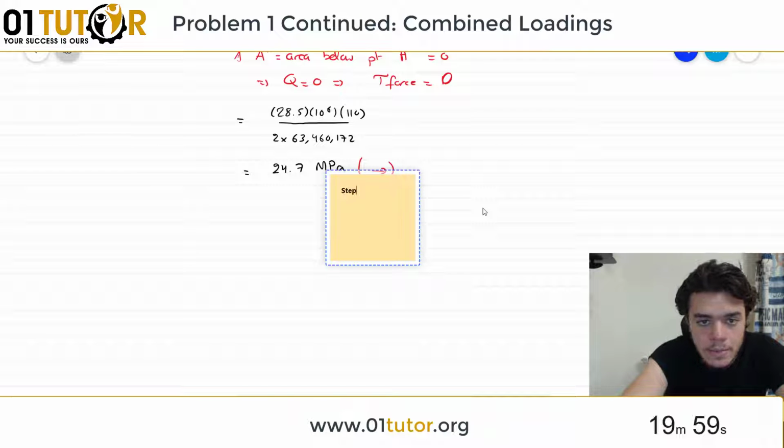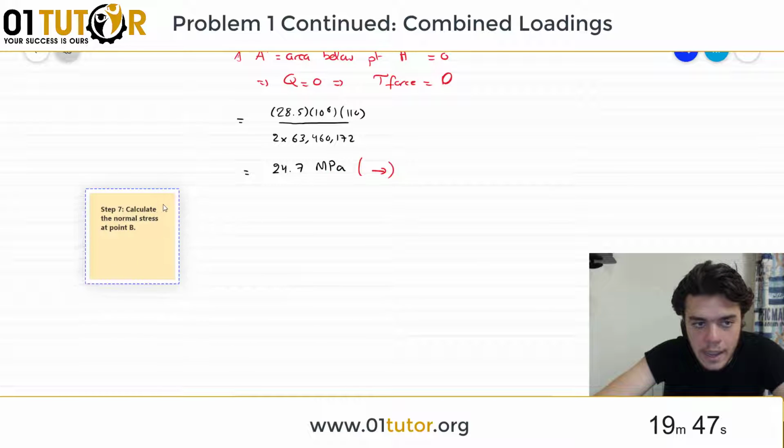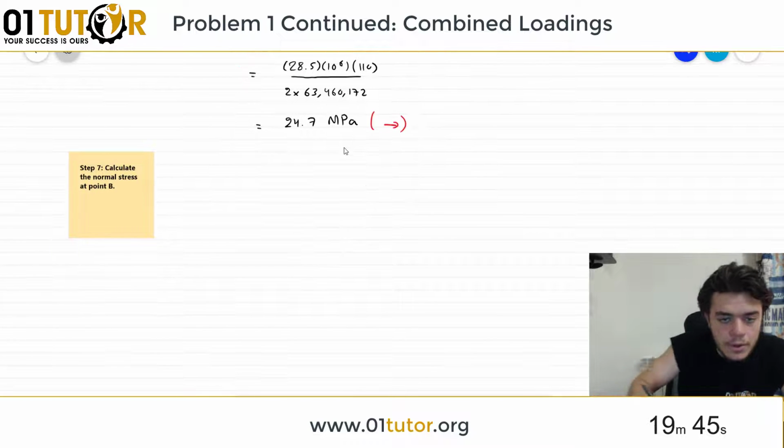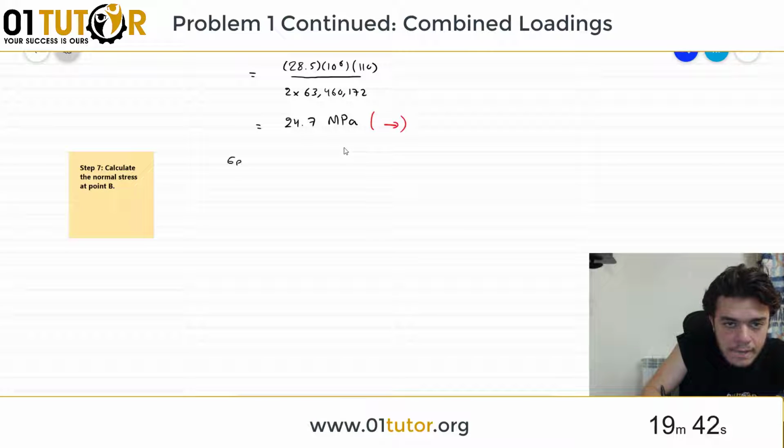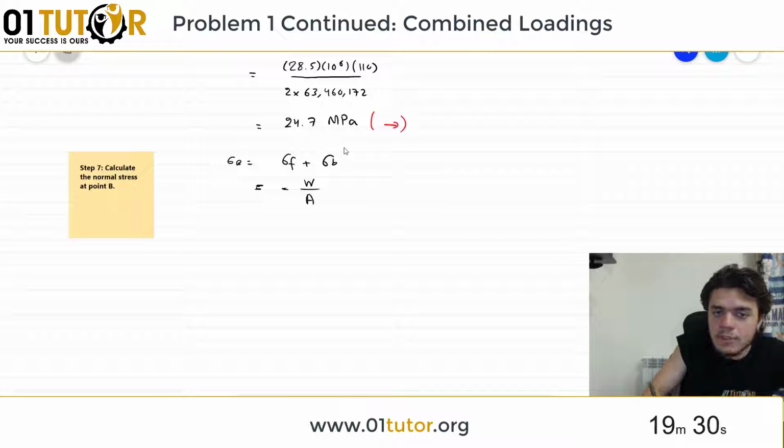Now it's very important, there is something new in this exercise. Okay, so step 7, calculate the normal stress at point B. In step 8, you're going to have something new. So sigma at B again is sigma force plus sigma bending, which is going to be sigma force. Since the weight is compressive, it's going to cause compression everywhere, and the magnitude of this compressive stress is going to be uniform, and it's equal to minus W over A,